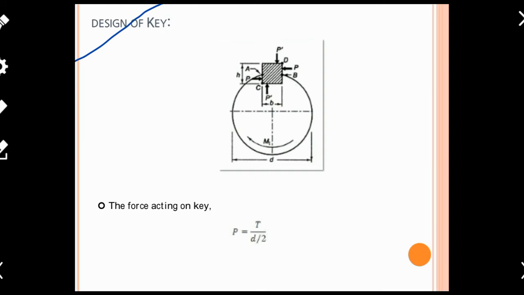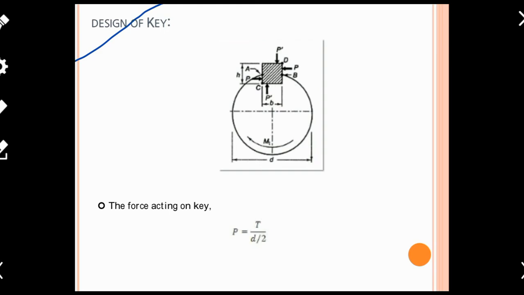Now in order to have a proper design, one has to find the dimensions and the stress. So before calculation of the stress, the geometrical dimensions and other things, we first require the most important parameter, and that is the external force P, which is being transmitted through this shaft.